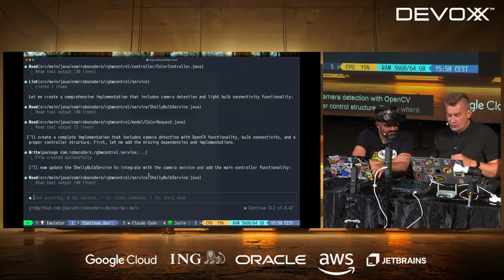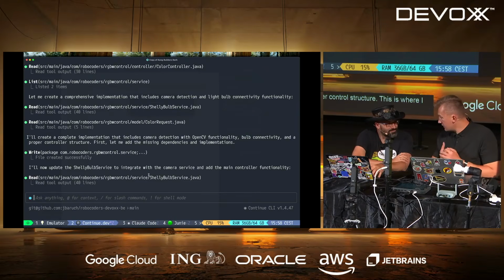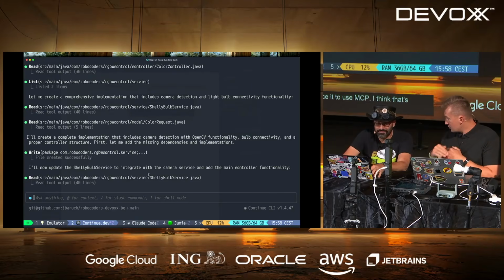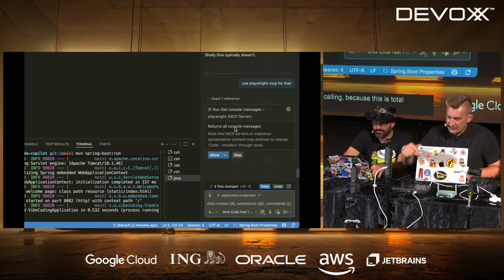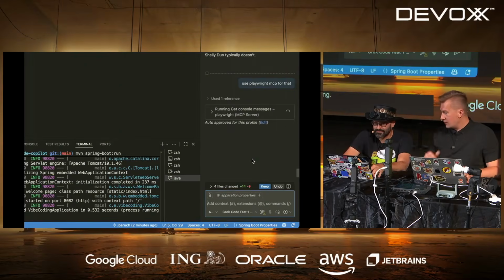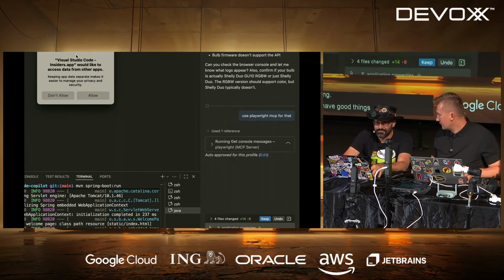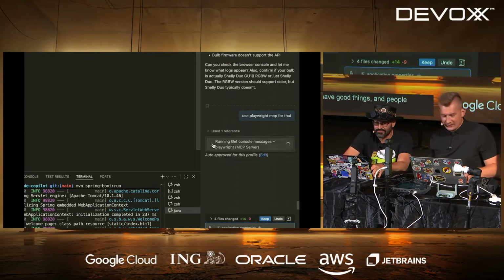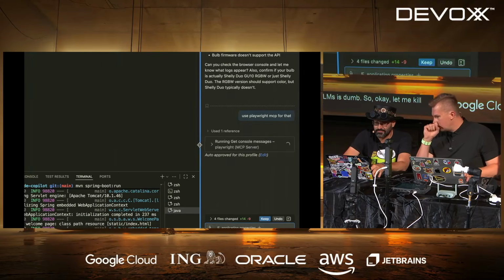This is where I think I need to interrupt and try to convince it to use MCP. I disabled it because I was not sure it was going to work. Let me see how tool calling works, because this is total nonsense. This is not what we're expecting, and this is why we cannot have good things and people think that coding with LLMs is dumb. So okay, let me kill this. What is happening right now?